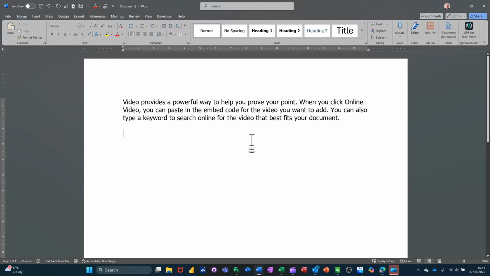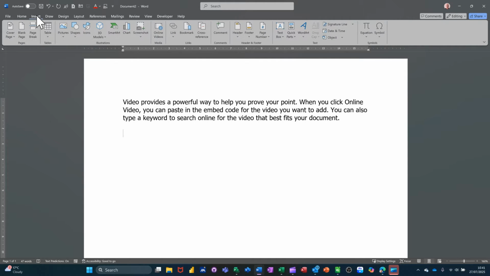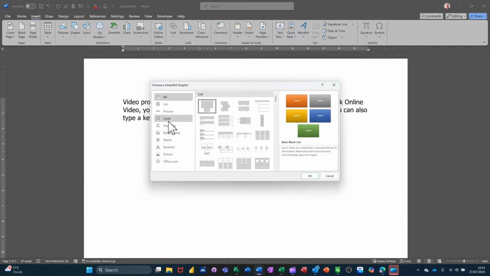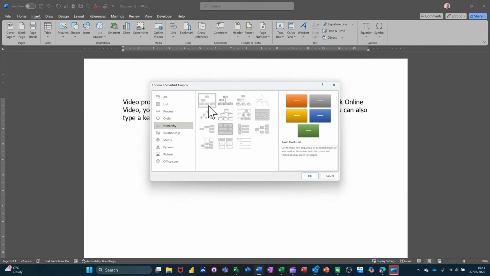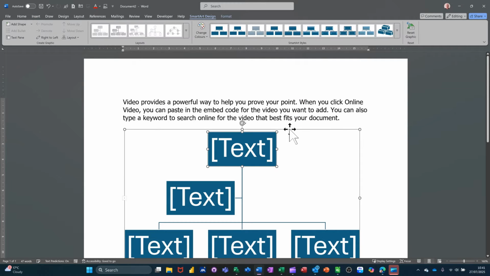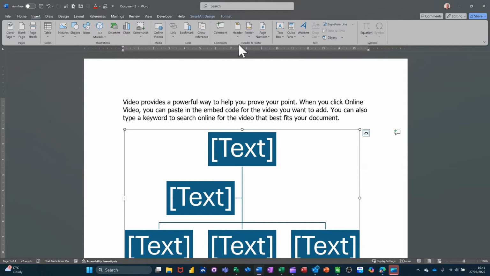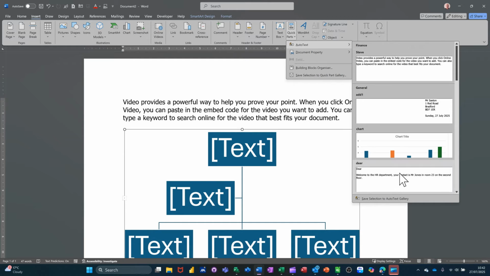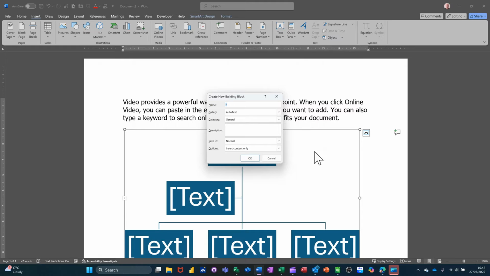You can also do that for diagrams, images, logos, charts and things like that. So if I just show you that one, I've just inserted a diagram from the SmartArt gallery. I'll pick the hierarchy one, click OK to that. I'm not going to do anything to this other than have it selected and then repeat the process. Go to the Insert tab, go across to Quick Parts, the AutoText Gallery, Save Selection,